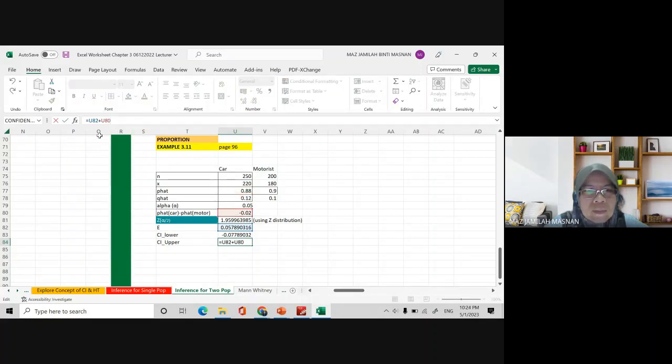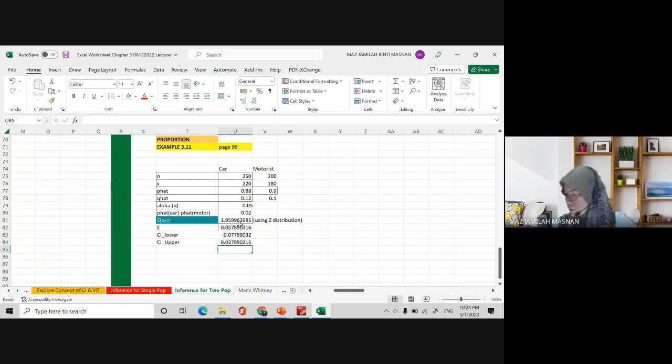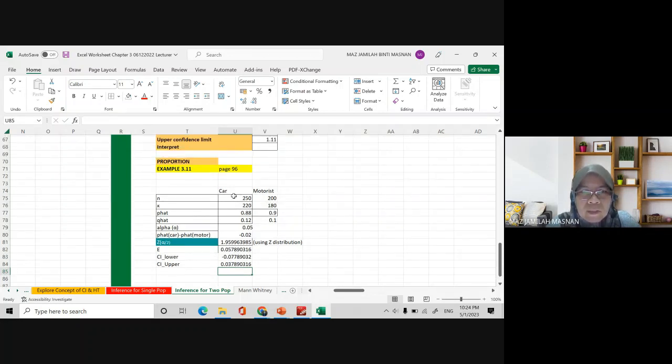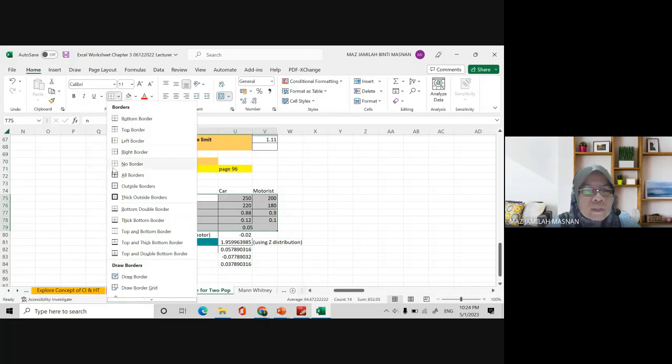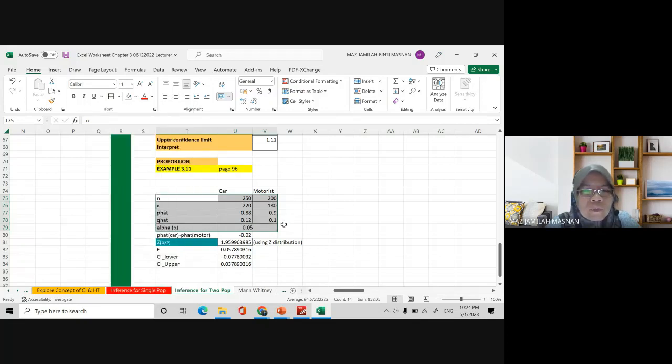It should be plus U 80 according to the plus the E. Finally. Okay, class. So we have got our calculation correct. So this template should be okay for you to use for the calculation of the confidence interval